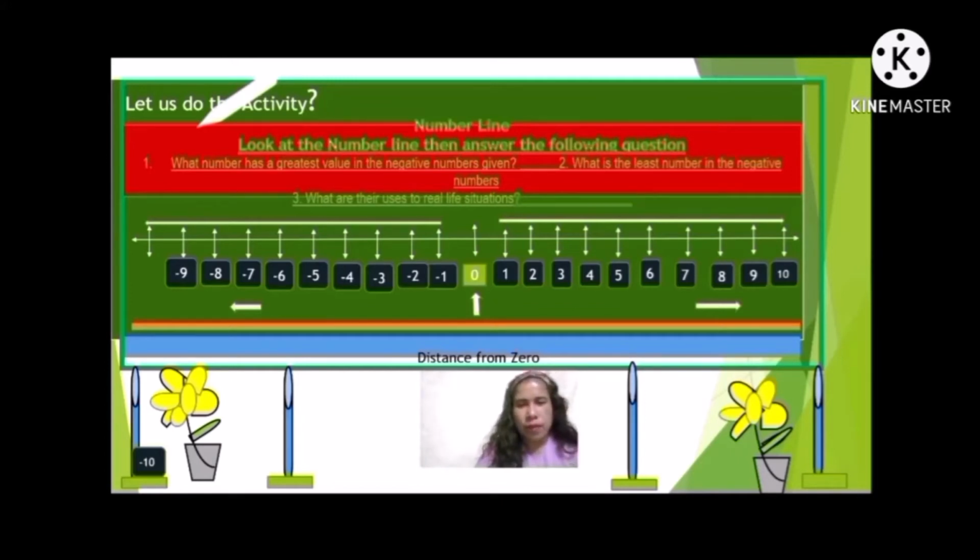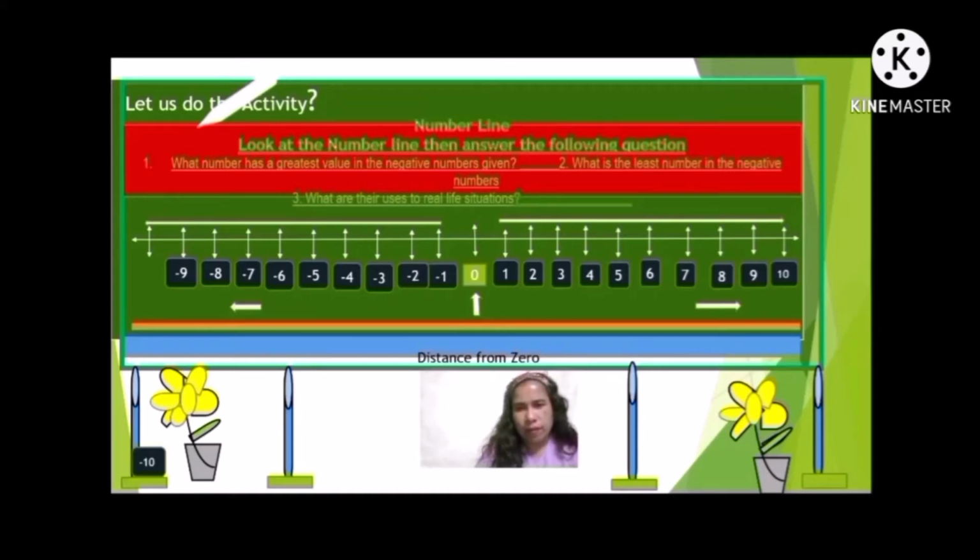The number farthest from 0 is the least number. While in the positive numbers, the farthest number is the greatest